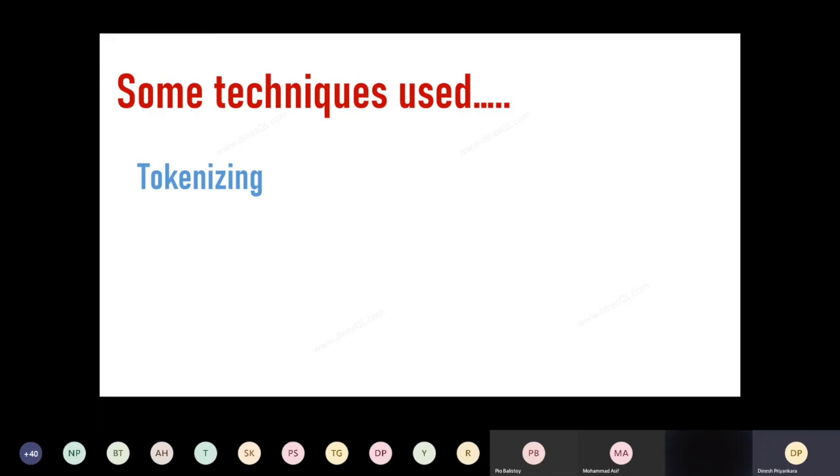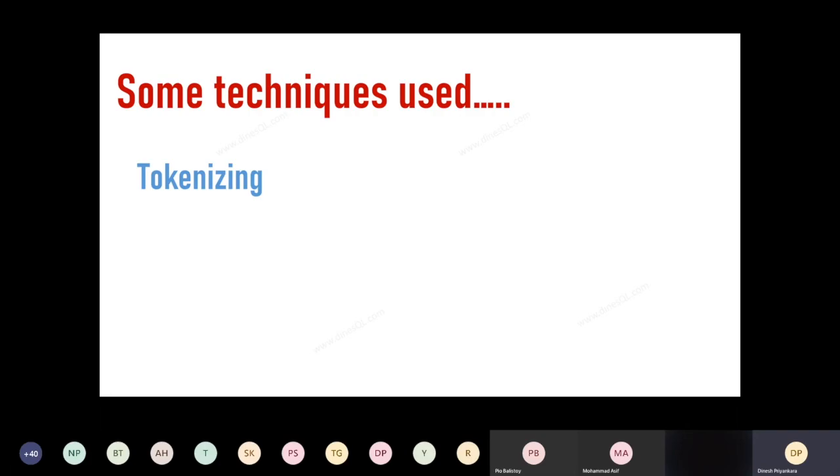Tokenizing is, in simple terms, breaking the text into multiple small units. For example, I might have a document and I can split it into sentences. That's a sort of tokenizing. Or I might have sentences I need to split into words. That's also tokenizing.